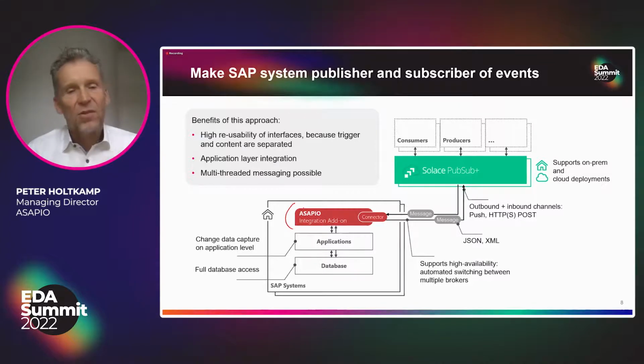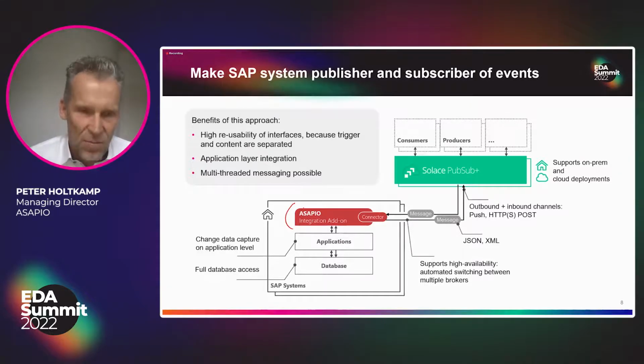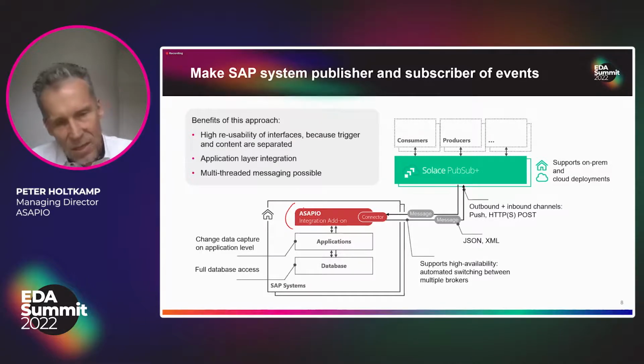Once you have that event, you then go and create the payload. How do you do that? You go to the application layer and you create a database view. The database view can then select data from the database itself, auto-formatting that data into a hierarchical structure. So let's say you take some data from the PO header, some data from the PO item. It will automatically create a hierarchical JSON structure for that payload.